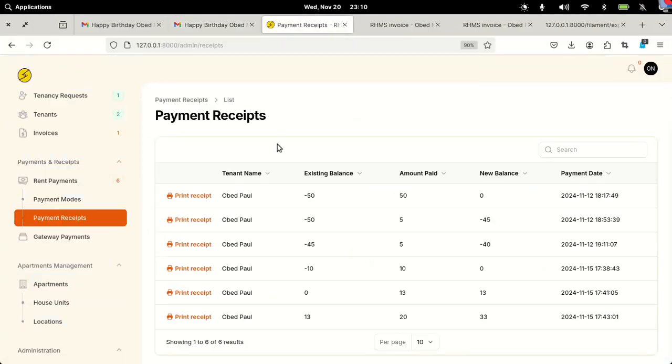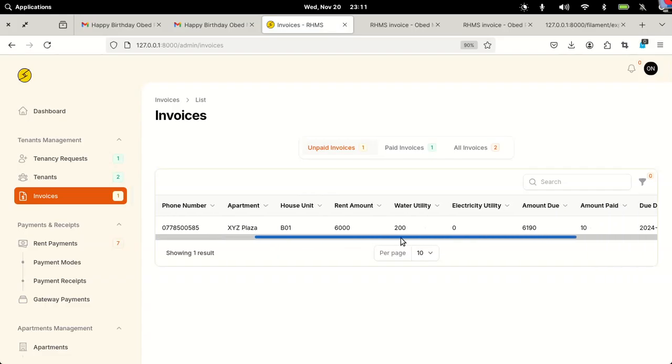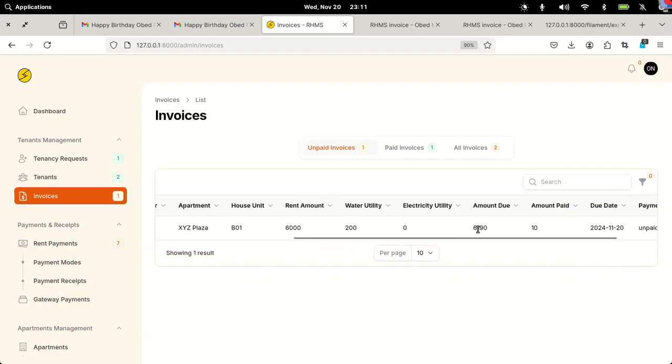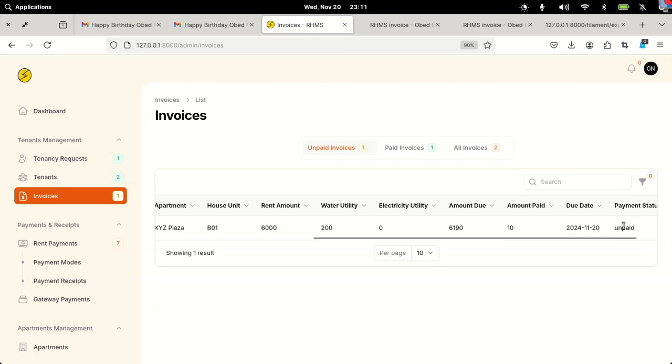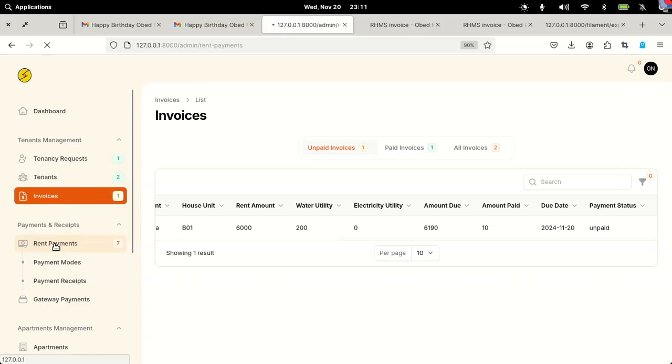Now if I come to our invoices, the unpaid invoice. Now notice amount due is 61.90, amount paid is 10, but the entire invoice is unpaid. And if I come to the receipts,